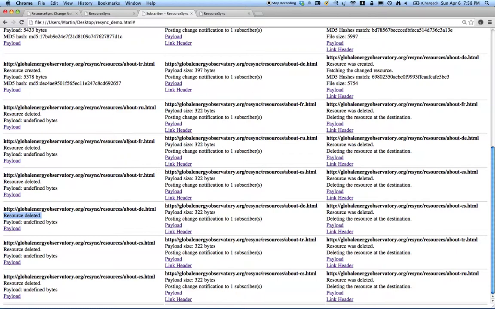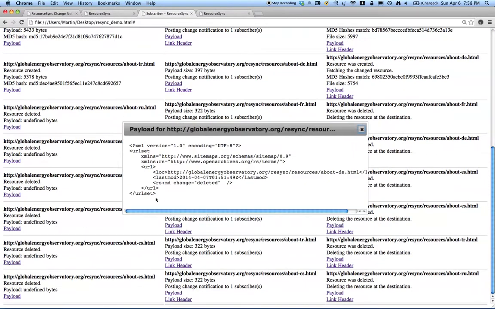Same with the French document, or the French resource has also been deleted, just like any other resource that has been created previously. So again, looking at the hub, we'll see our resource here, and again this change notification has been posted, has been relayed to one subscriber, to one destination. And let's look again at the payload that the hub has received from the source. We'll see it's exactly the same format, of course. The log element holds our URI,